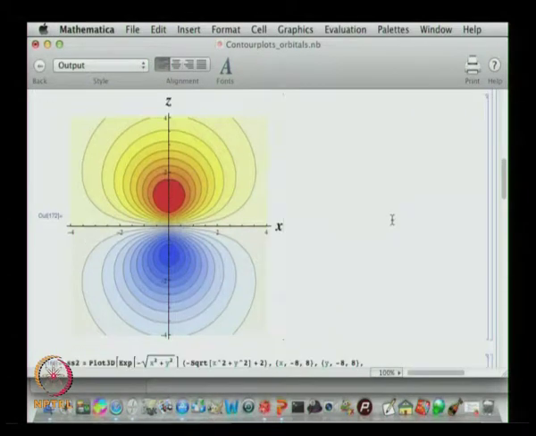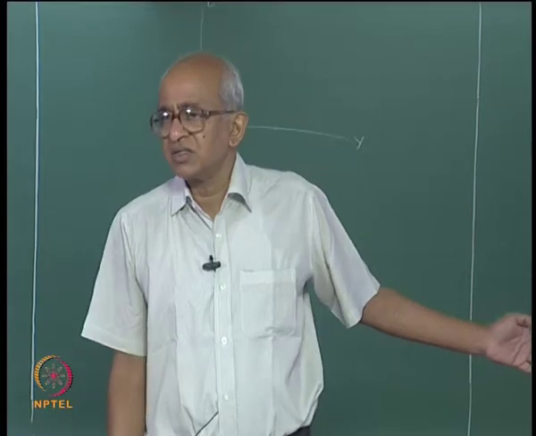So, that is how the appearance is, and in fact if you look at this part you see it is going to be positive, and if you look at this part it is going to be negative. As you can see, this actually is not just a density plot, in addition to the density it also has plotted the contours along which the function has constant value.